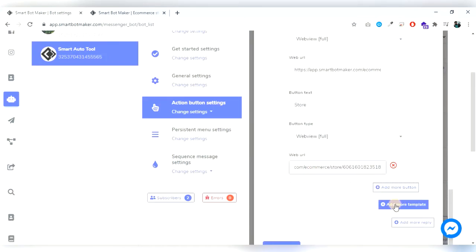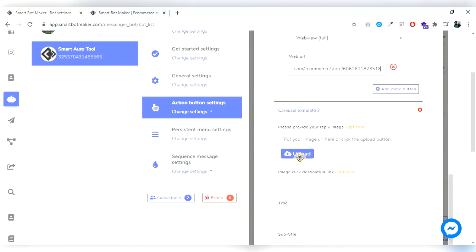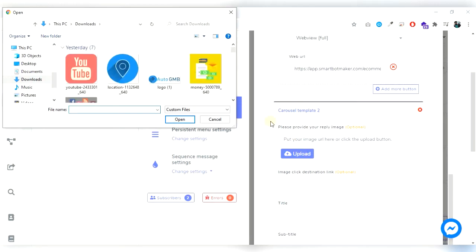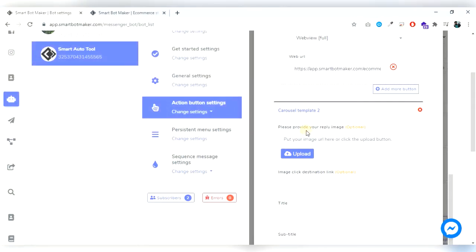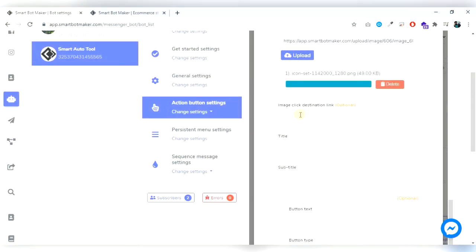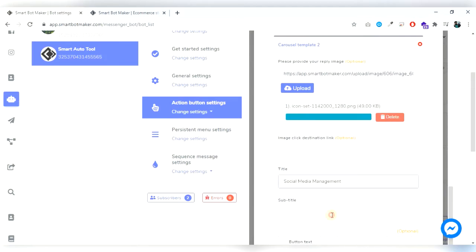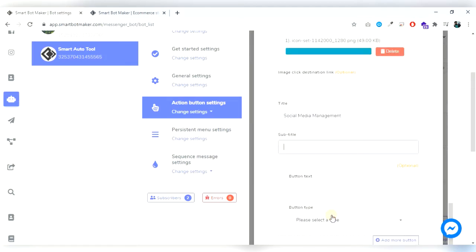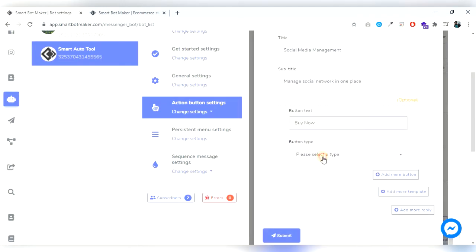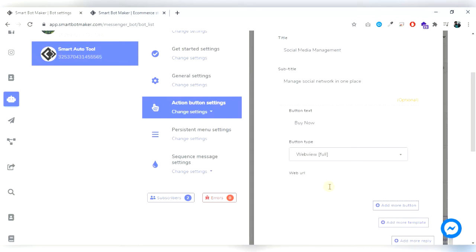Now we are adding one more template. Upload the image, leave the destination link blank, write the title, button text, web view full.